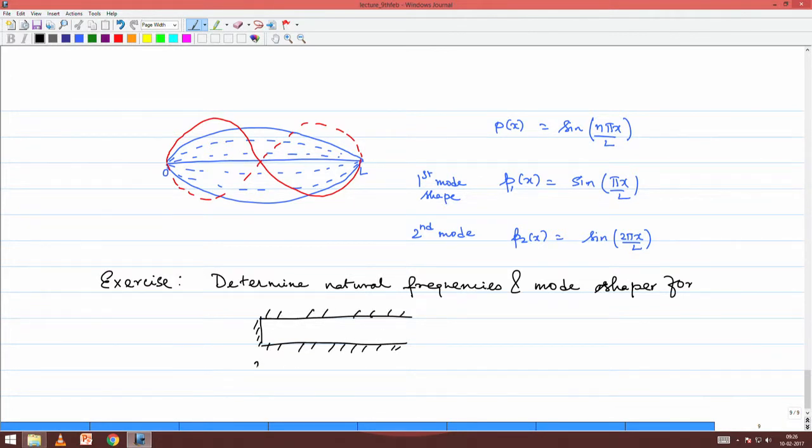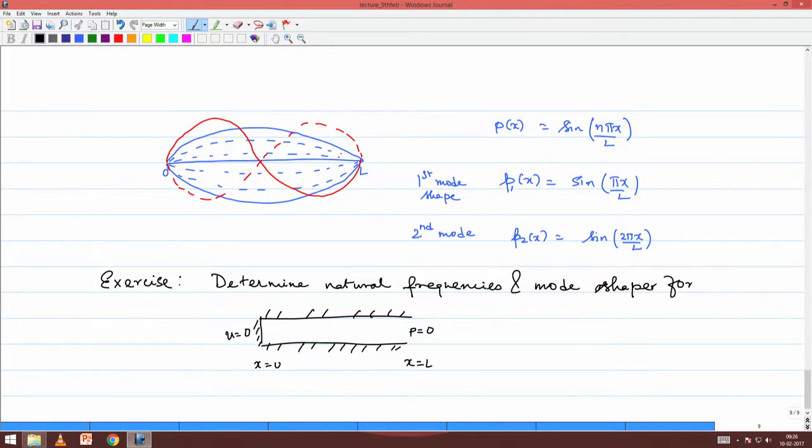It is again of length L, but one end is open to atmosphere, which exactly means that the pressure equals 0 here, because it has to open out to the atmosphere, and on the other end you will have the velocity to be 0. So, the boundary condition this time is one side you have velocity 0 and the other side you have pressure 0, and you are supposed to work out this condition and compare the modal characteristics, the mode shapes that you obtain in this case with what I have done.